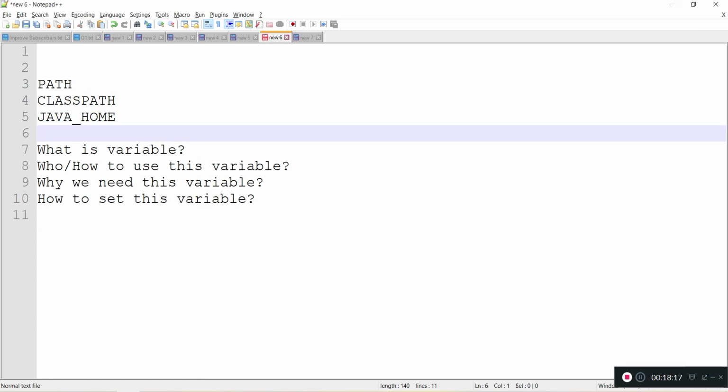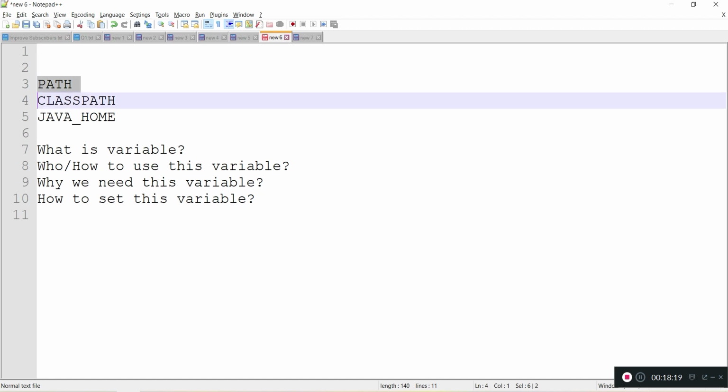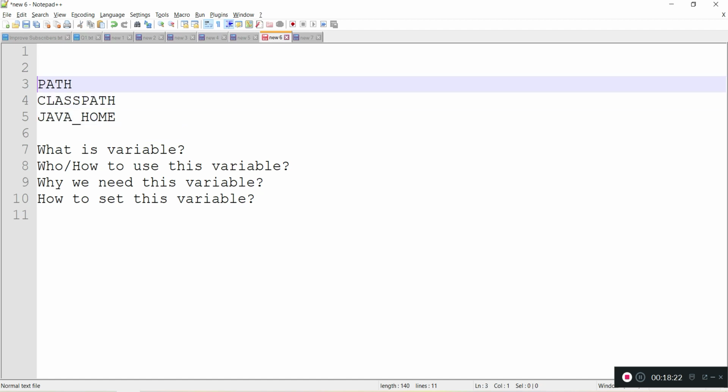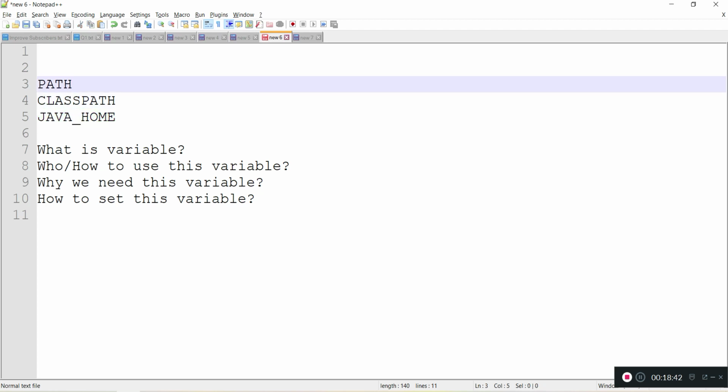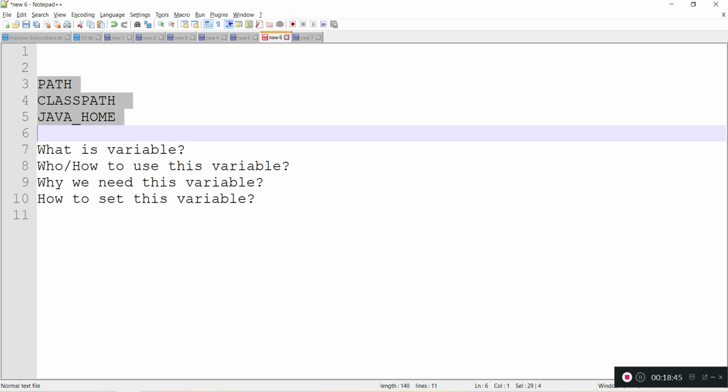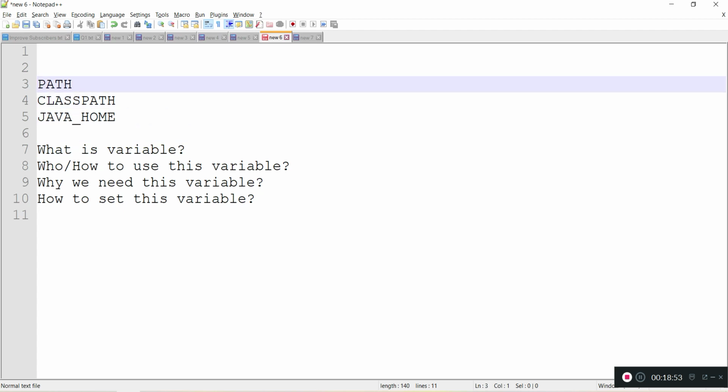So hope you understand these path, classpath and Java home variables. These are very important while you are learning Java, how the tools and executable files are getting identified, how the classpath is set to identify the class files, and how software is using the JDK through the Java home environment variable. This is also a most important and frequently asked interview question when you are applying for Java based interviews. So hope you get a clear idea on this.